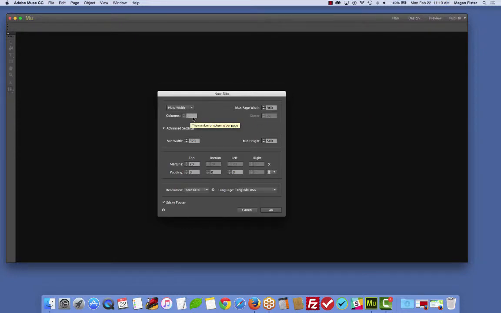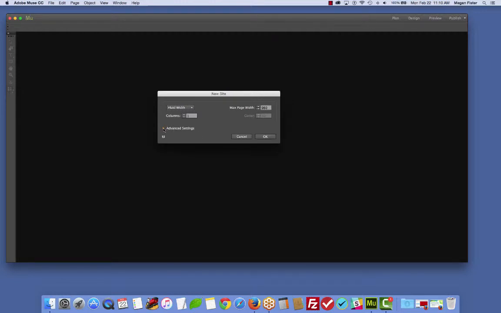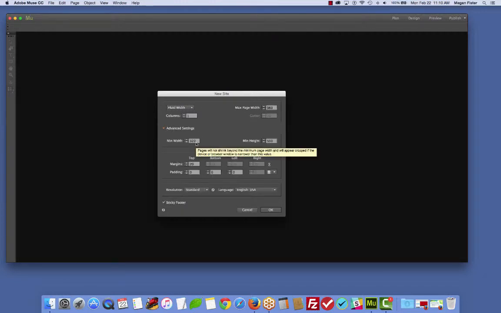You can also define your columns. And again, you can toggle your advanced settings here as well with your minimum width, your minimum height. And these matter more now because we're talking about the smallest you want your website to be, including for things like a tablet or a phone. So you want to define that carefully and know what minimum width you want to have, and the minimum height like we had just discussed with the